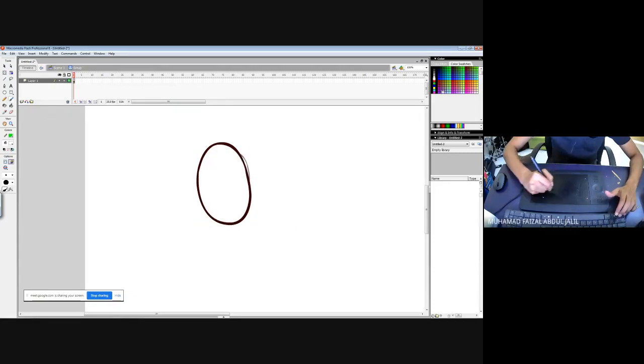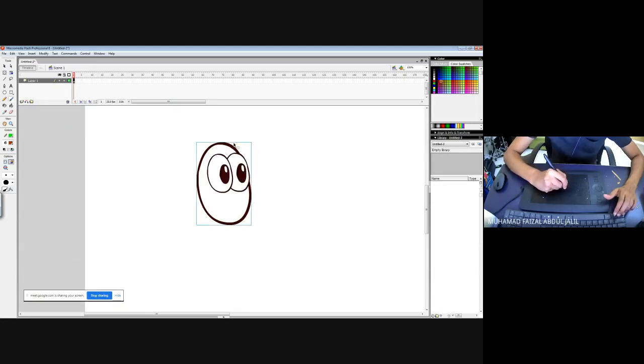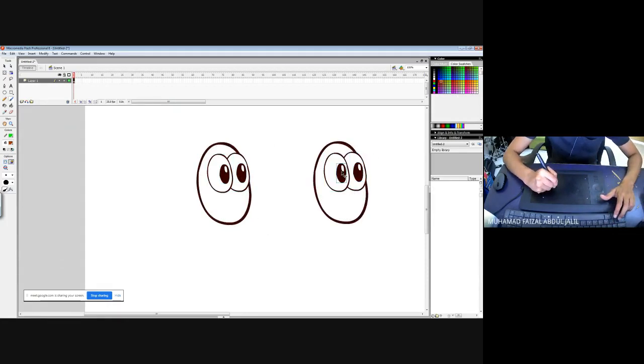I can actually double click to enter the group of objects, because just now I have grouped the object. If you don't group the objects, for example, if I pick apart the shapes and let's say I have not grouped the object, what happens? I cannot arrange it. See? There will be a lot of problems when it comes to arranging the design that you have created.